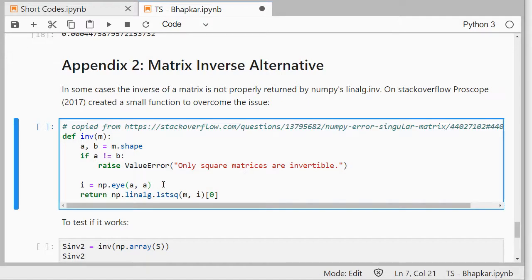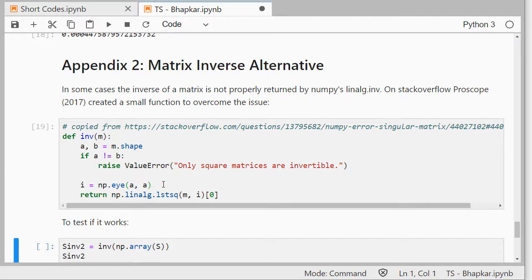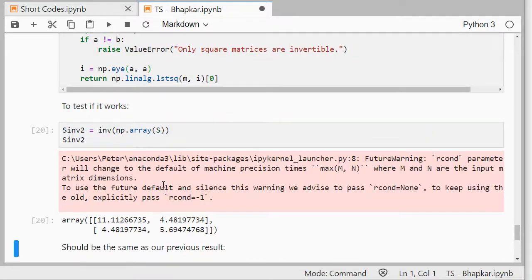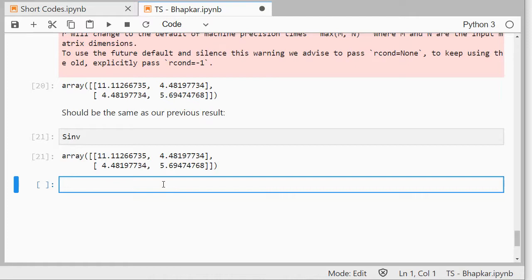Alright, I'll leave a link in the description. This is a small alternative for the matrix inverse. I'll leave a link in the description below to this notebook,